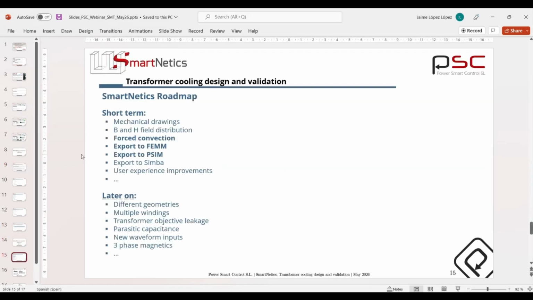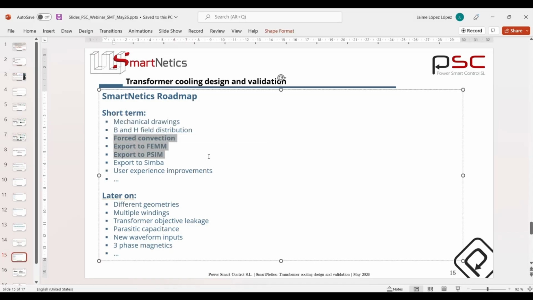So just to show you what we have already done, this was our short-term hope for this year, and we have already covered these 3 ones, which were the most important ones. So we're hoping to cover everything else this year. And later on, we have many things we are including in Smartnetics because we are constantly developing this tool, and you will see them in the future.